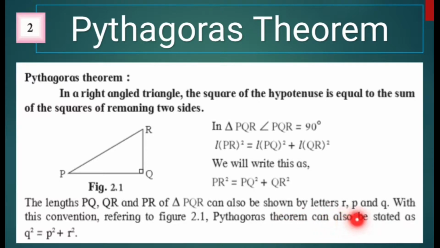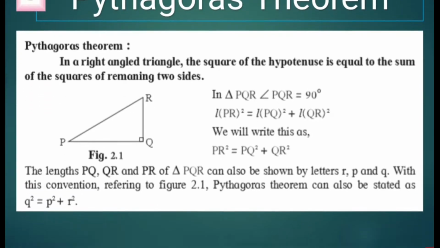So with these conventions, referring to this figure 2.1, Pythagoras theorem can also be stated as: PR we write small q, so q square equals, here PQ we write as small r, and this RQ we write as small p, so r square plus p square. So this is the Pythagoras theorem. Using this theorem we solve the next topic,